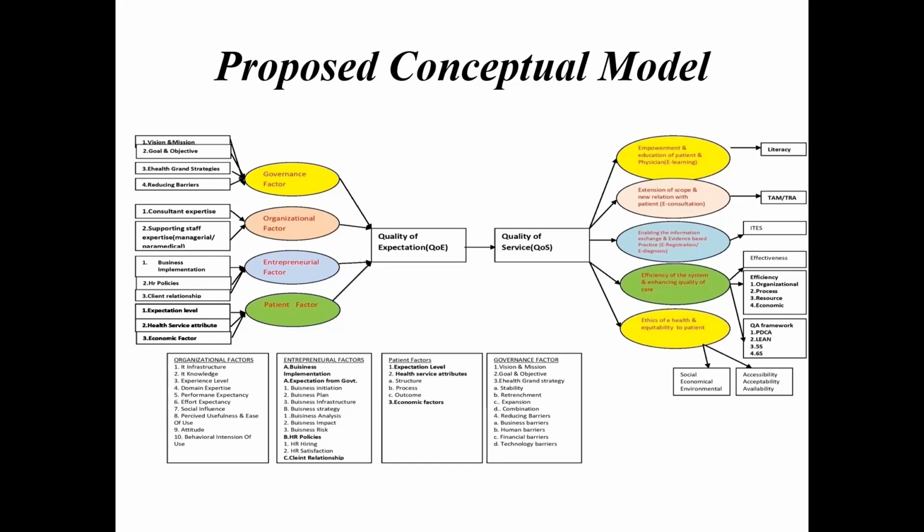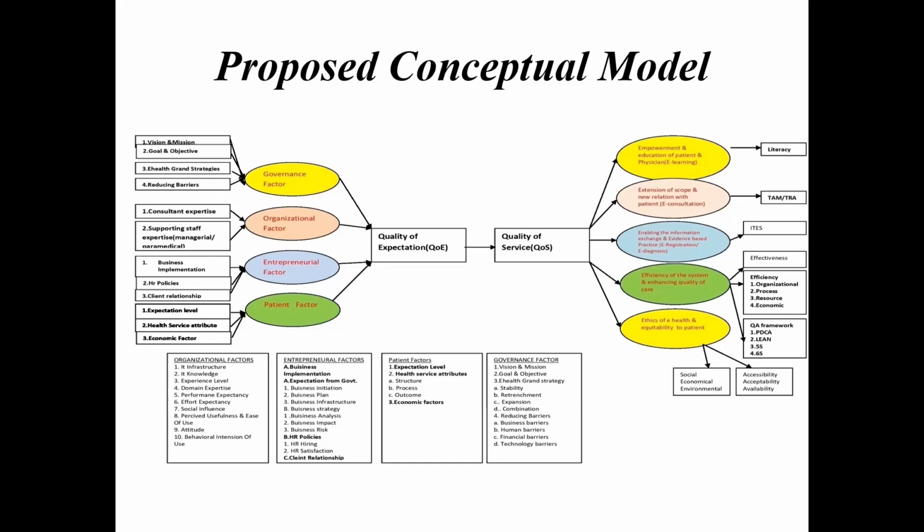Entrepreneurial factors include business implementation, expectation from government, that is business initiation, business plan, business infrastructure, business strategy, business analysis, business impact, business risk. HR policies include HR hiring, HR satisfaction, client relationship, and then patient factors include expectation level,